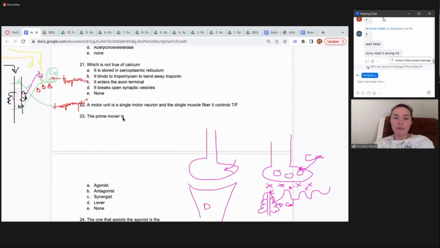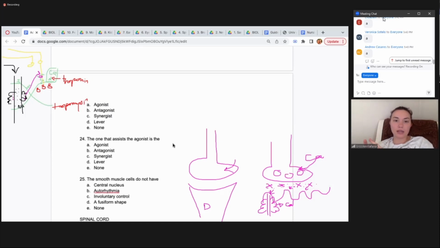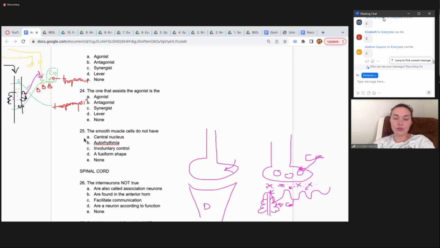Question 23. The prime mover is which of these? Which is the prime mover when we talk about muscle contraction? Good. A or agonist is the same as the prime mover. 24, the one that assists the agonist. Good. The synergist, right? And then 25, the smooth muscle cells do not have